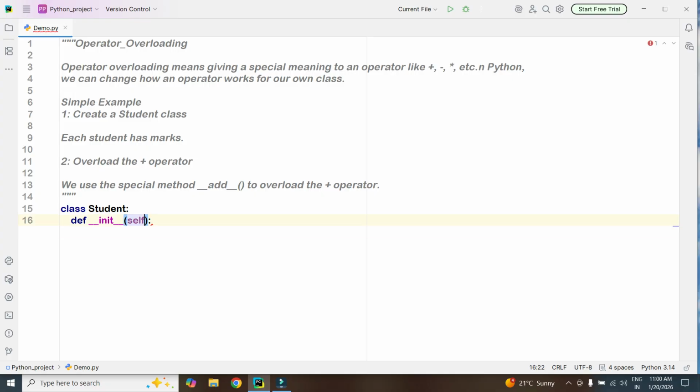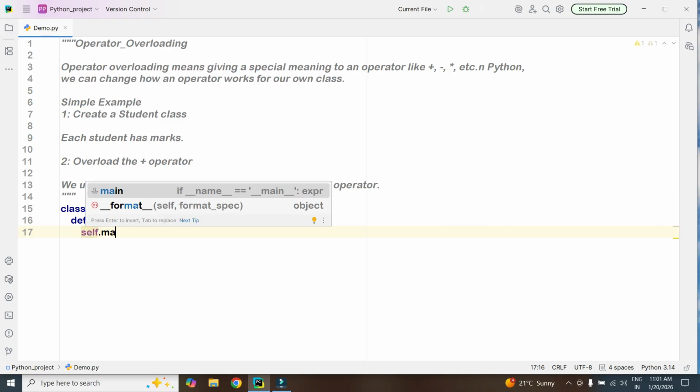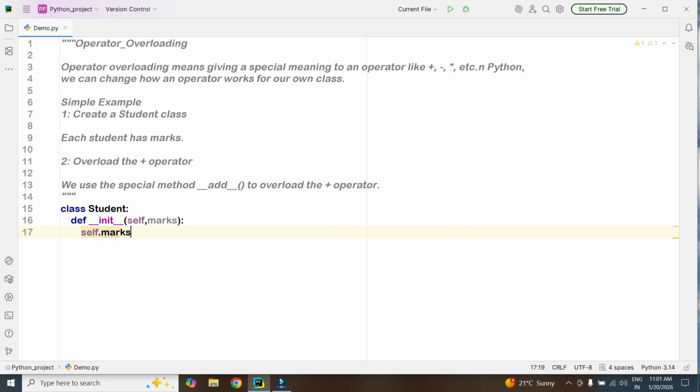Here I pass marks, and here I write self dot marks is equal to marks. In this case self dot marks is actually the instance variable, and that marks is actually